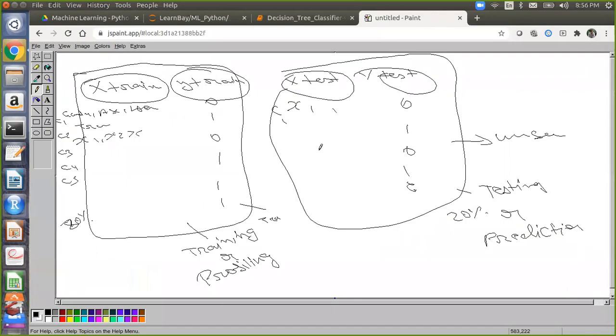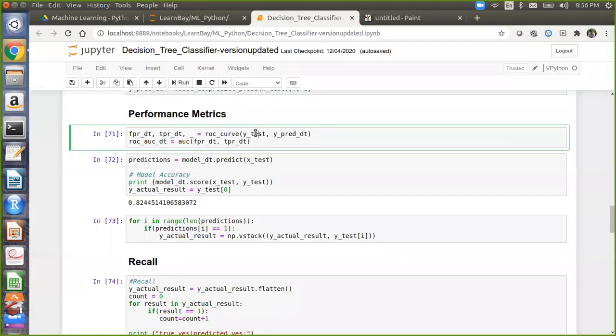So basically, if I want to calculate the TPR rate, for example, what kind of data do I need? What columns do you need? Target column. Actual value and predicted value, right? Yes, correct. So here I am doing nothing, I am passing the actual value, y_test, and the predicted value.